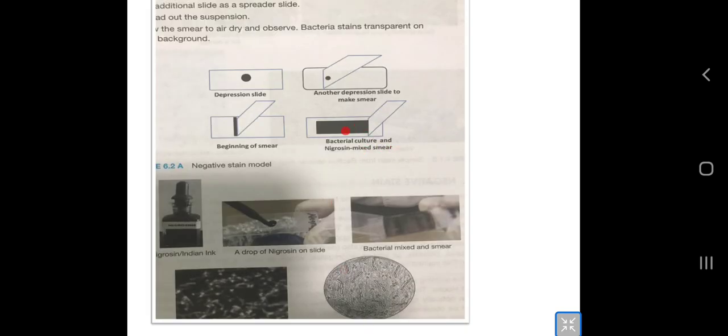Here it is now. You need to know the names. Look now, here it is nigrosin. And then you are going to see a transparent capsule on a black background. Black background. It is very interesting. So transparent capsule on black background, and then we use nigrosin or Indian ink. Very good. That is how you need to